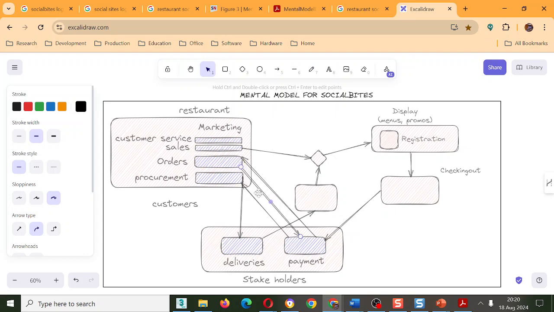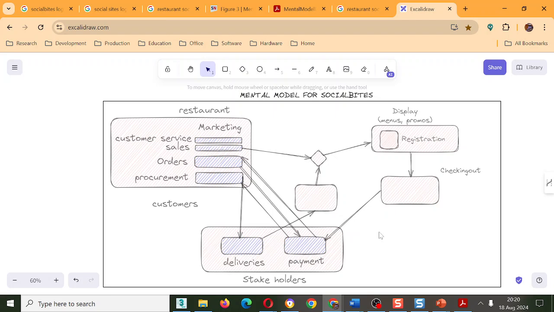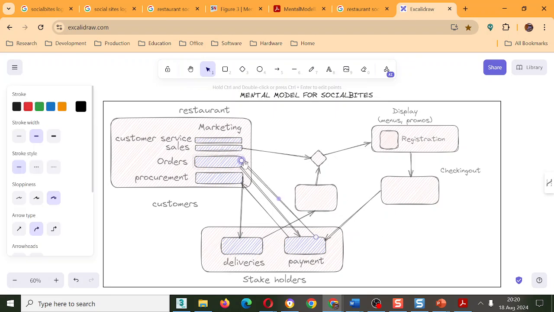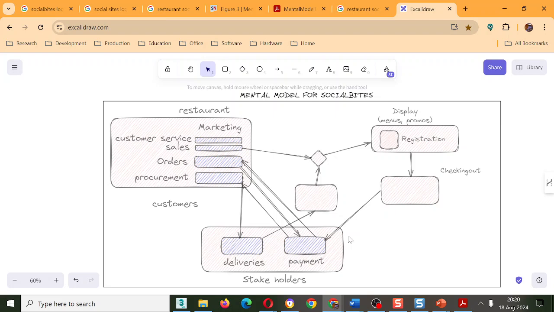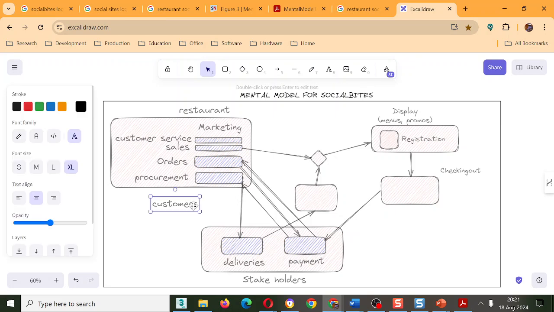Yeah, so it gets messy. You have to sort it out so that it's clear and you can explain it without issues. Sometimes you have to break it down further so that it's not so crowded. But this is a mental model. This is what we mean by a mental model. It shows everything, big picture, and it's labeled.